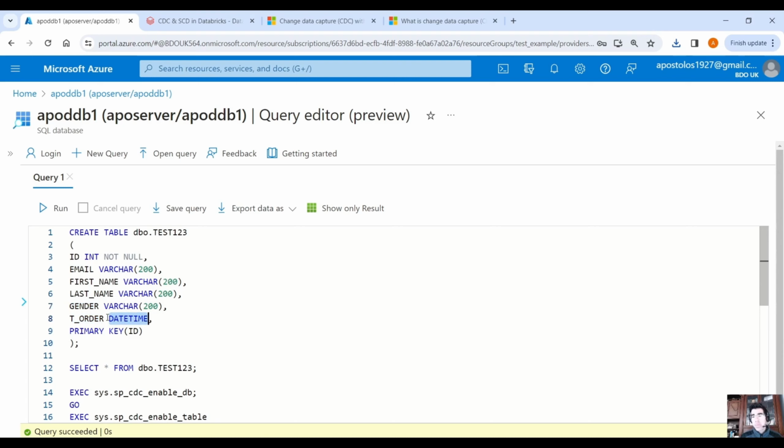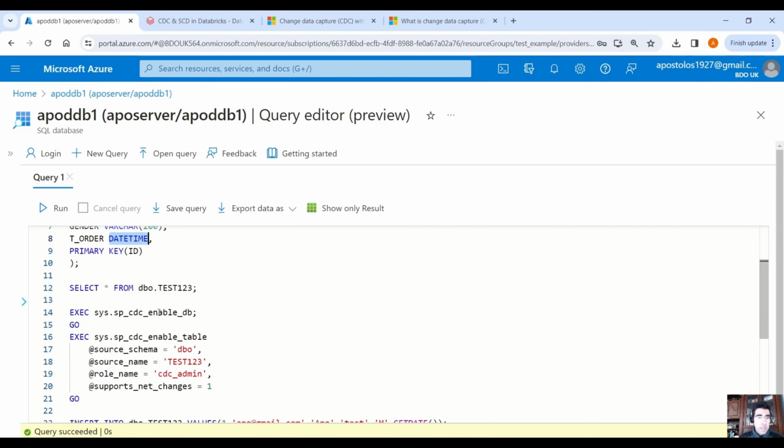Now if it's an append only table, using this timestamp column or date column, we can actually get the delta changes, so based on the timestamp, right? But in our case we want to propagate the updates and the deletions, which is pretty important. That's why we have CDC. So let's enable CDC on our database using this command